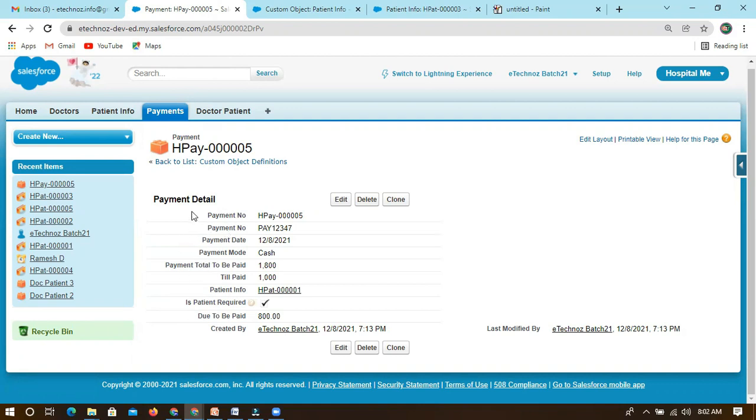Somewhere in the backend, these will be populated, right? Otherwise we can't see this. If I want to see this, the first thing we identified is that it should have profile level access, right? Otherwise you can't even see it. The first thing you have to check at profile level is whether the user is able to see it or not. So that is the first activity we have to do.